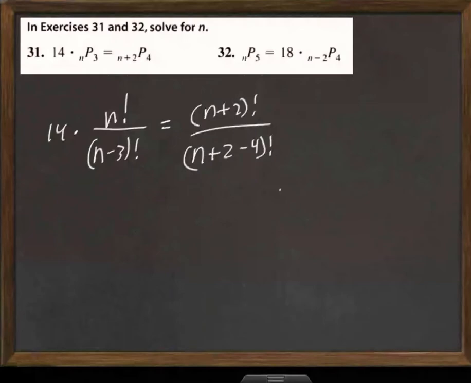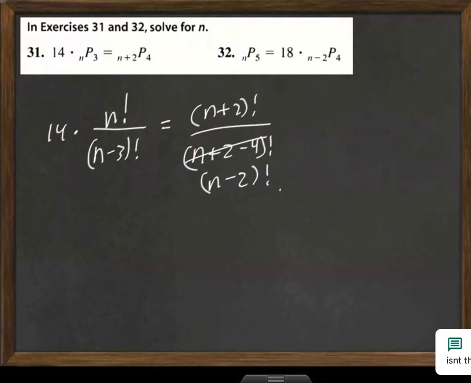Let's do simplifying first. So this would be n minus 2 factorial. For this side, I'm going to simplify that. So it's going to be 14 times